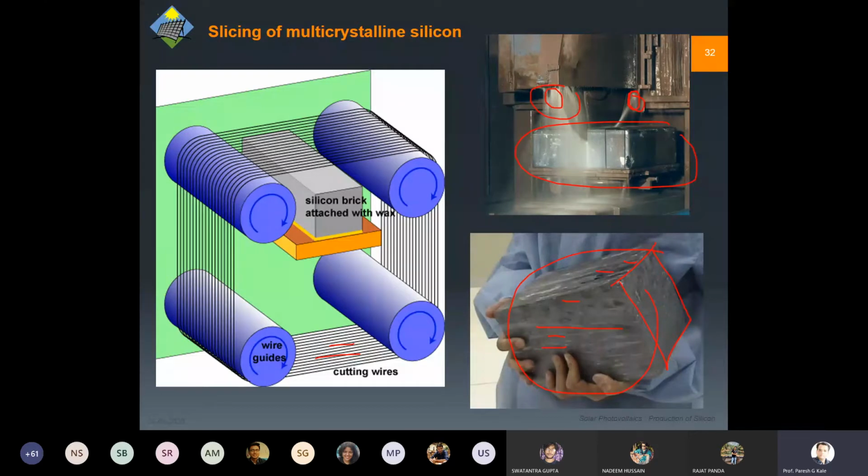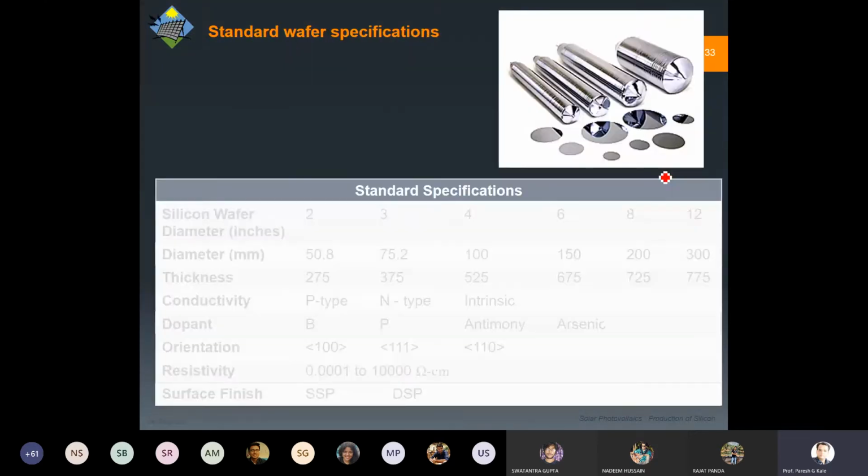So ultimately, let us talk about the wafers we have produced now. There are certain standard specifications. You can see here these are ingots of various sizes, and you get these wafers. You can see a reflection on these wafers, so it is the polish. What I'm talking about is like a mirror polish. You can see your face, but obviously it is brown in color, so it will not work as a mirror, but roughly you get the idea.